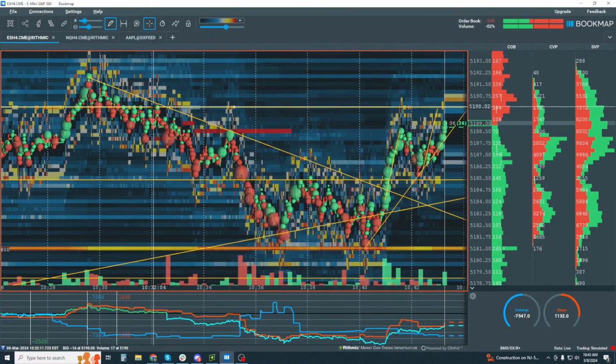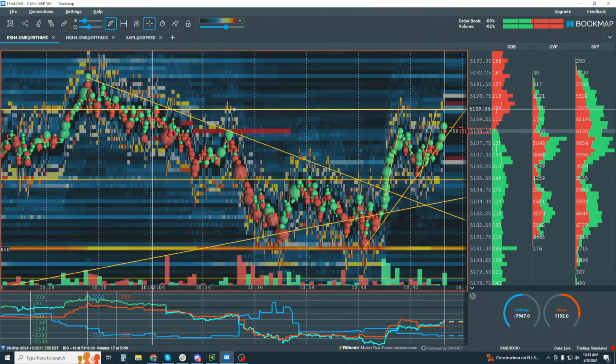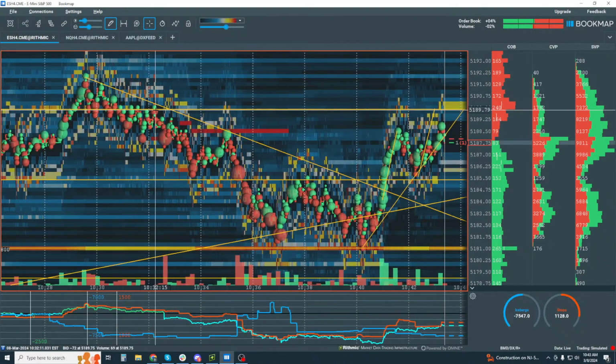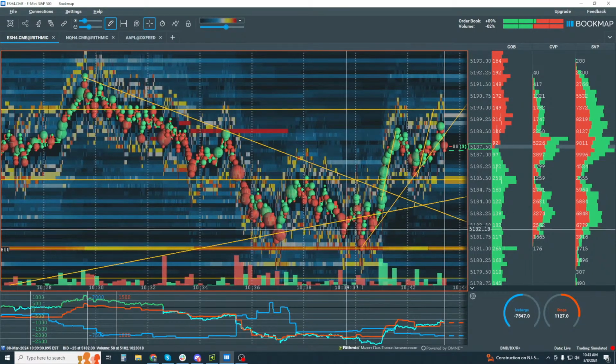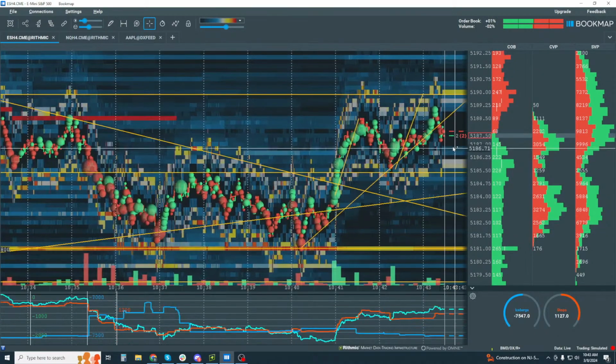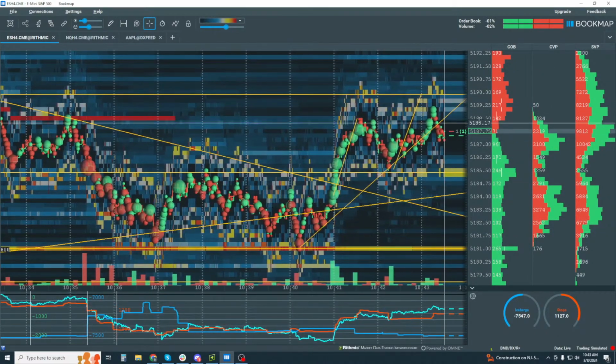We do have a kind of a shelf or a little area in here where it butted up against this area many times, and then it broke down. So maybe we can get a move back up to there. Now we just don't have a lot of liquidity up there. We have some, but